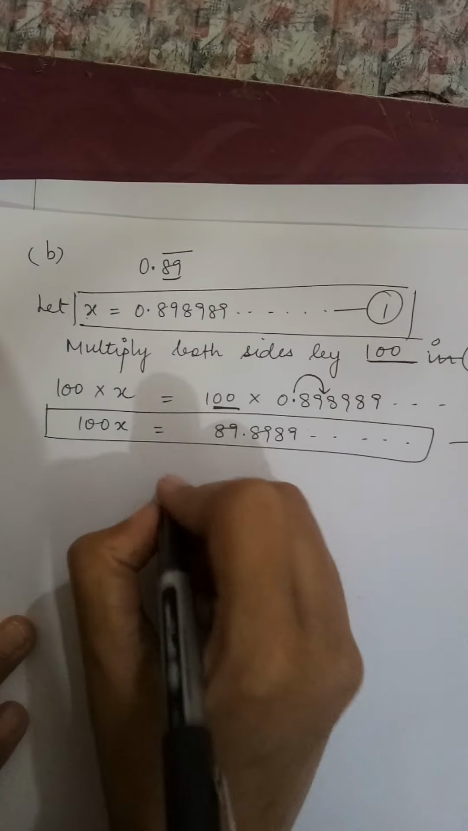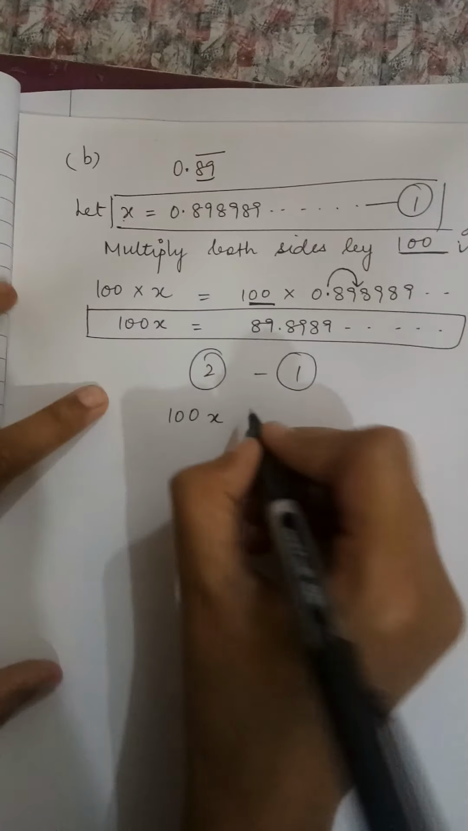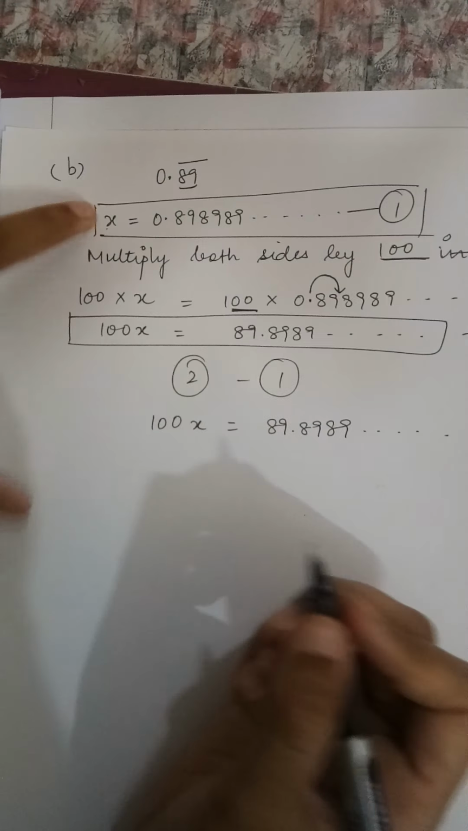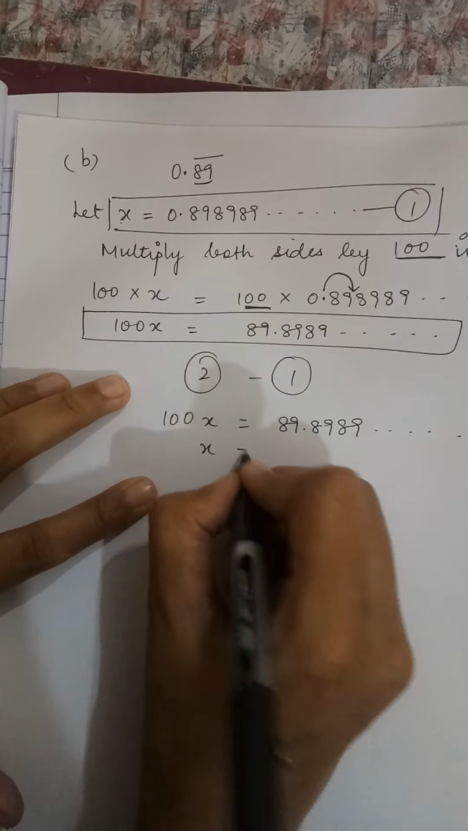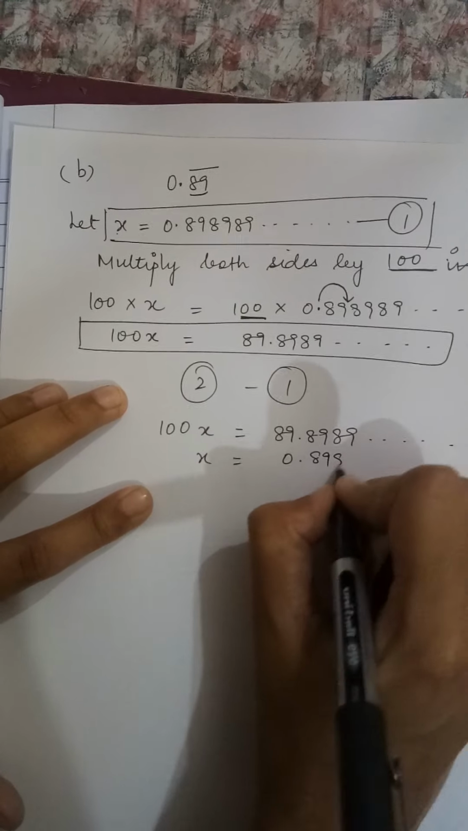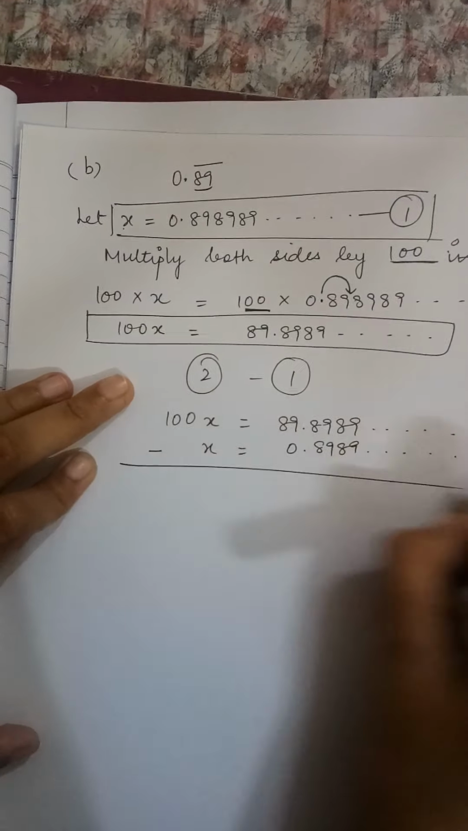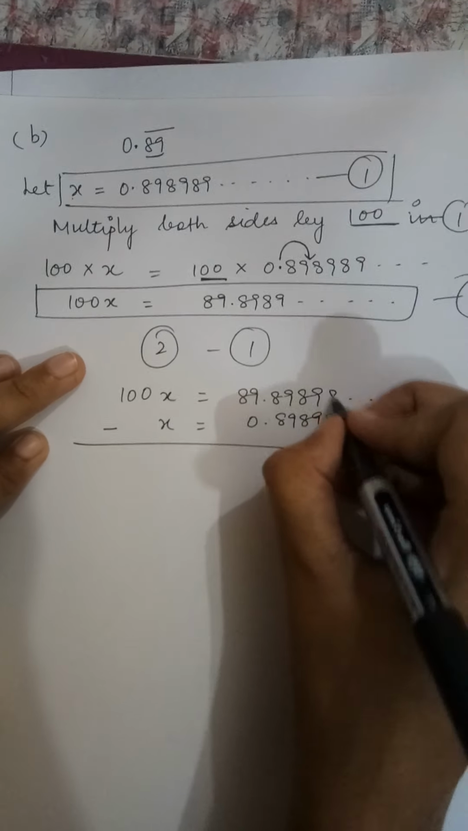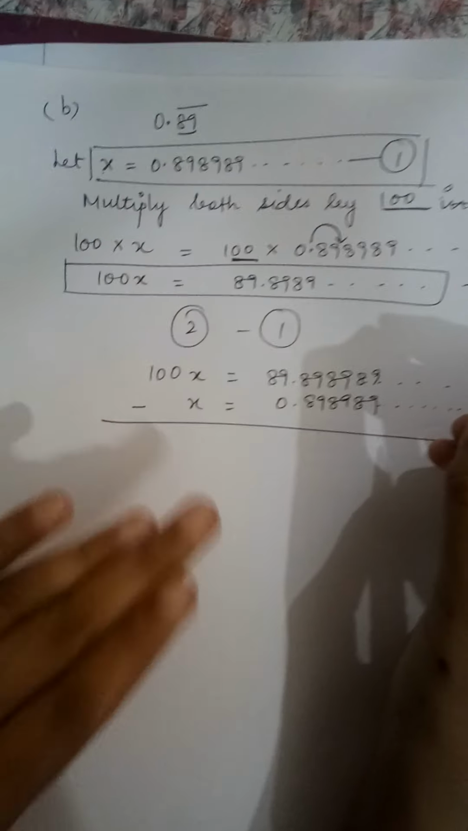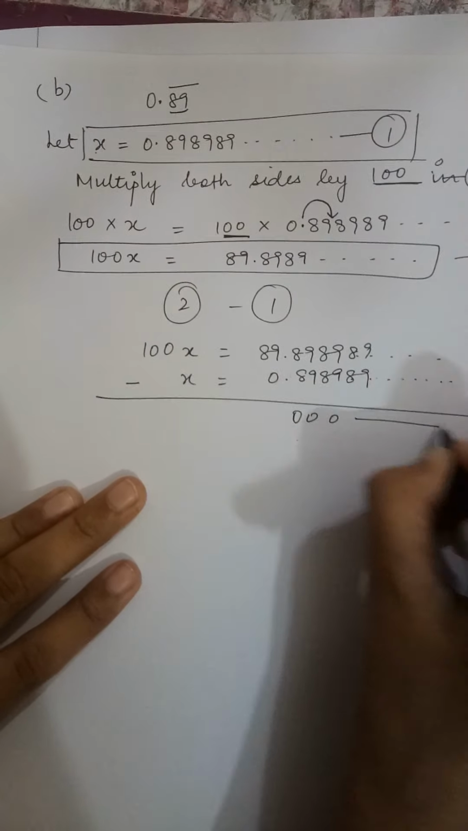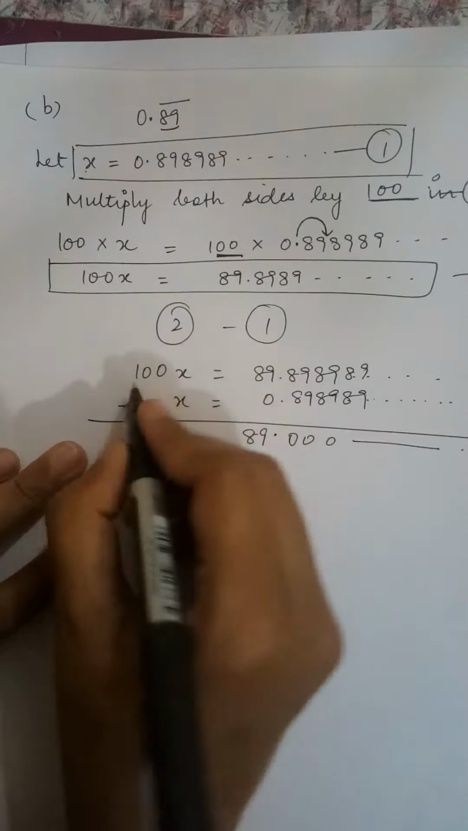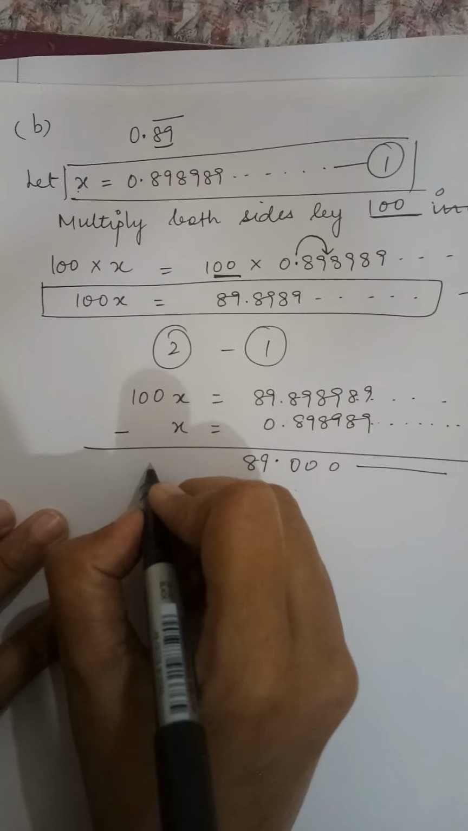Now the third step is, I am going to subtract it. Second equation I am going to write as it is, 89.8989 and so on. First equation I am going to write below this, x is equals to 0.8989 and so on, and I am going to subtract it. Okay, you can write 89 also, but it will eventually cancel. It will give you 0. This all will give you 0. Okay, decimal, and this will give me 89 minus 0 will be 89, and 100x minus x will give me